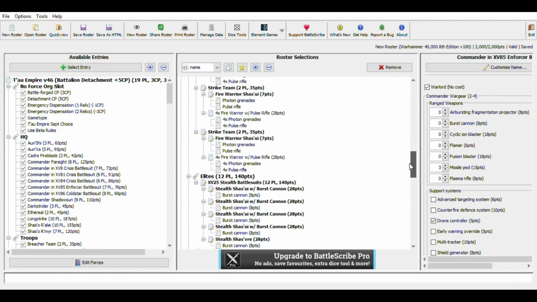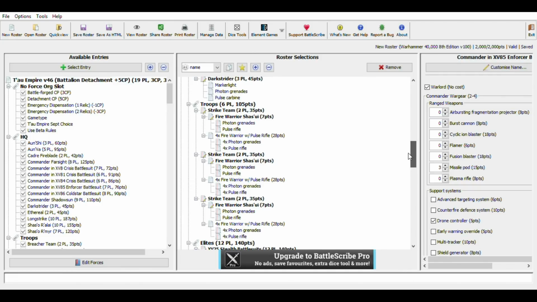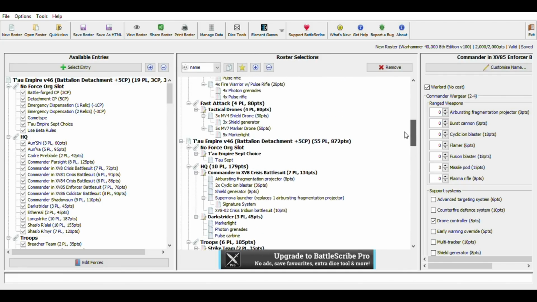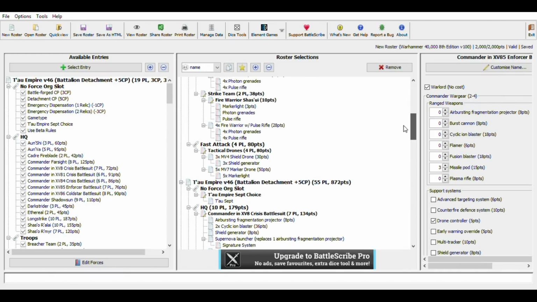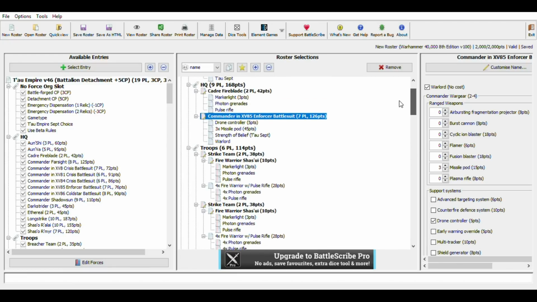I guess that's probably why things like the commander have a shield generator, because they don't have a lot of shield drones around them. In fact, there's very few drones in this list, right? There's only these eight tactical drones, really. So I think the list itself is going to do really well against infantry-based lists, especially marine-based